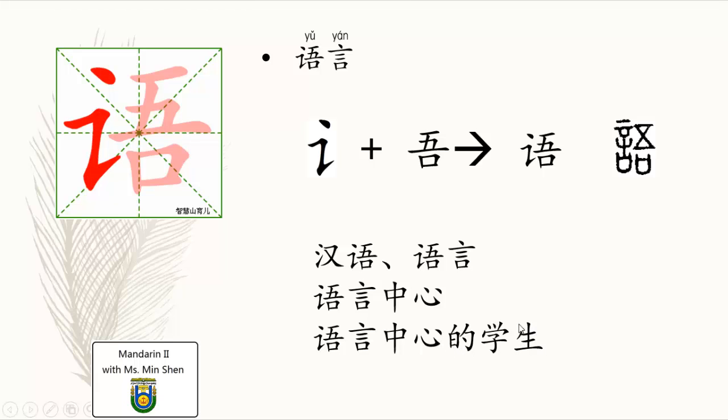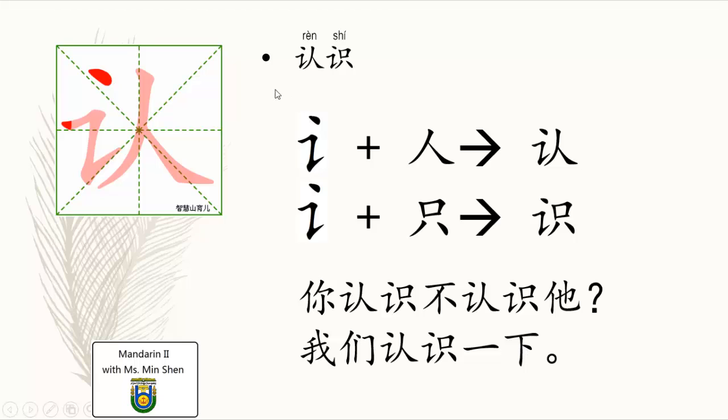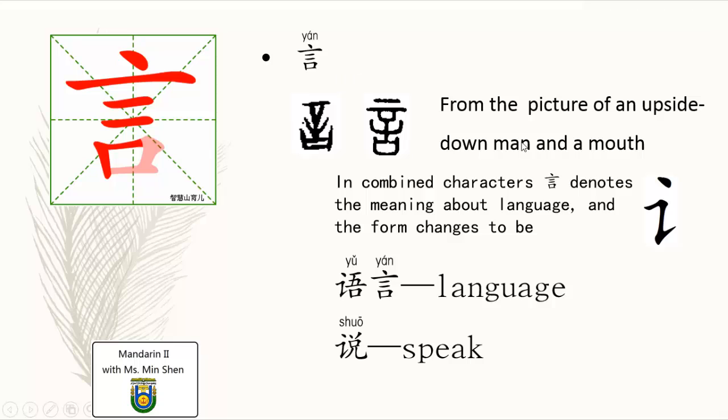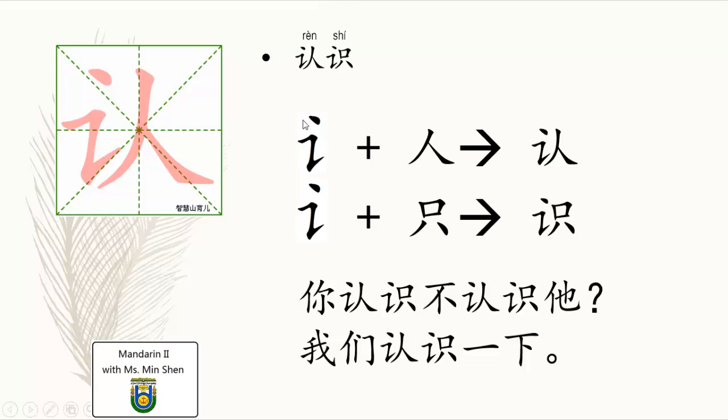and this is 生日的生 right to be born so what do you think about this character 学生语言中心的学生 Same, these two characters still with this radical, the component from the character of 言 right, denotes the same meaning as language. So at the left hand side and plus the right hand side denotes the pronunciation 人 and 知